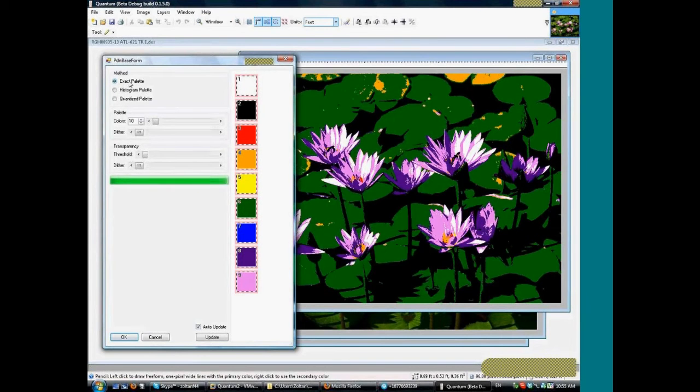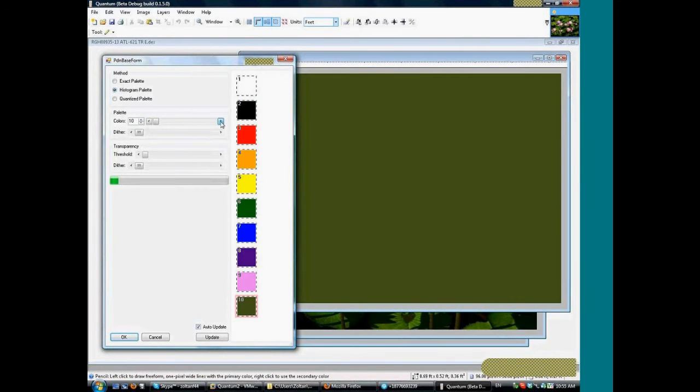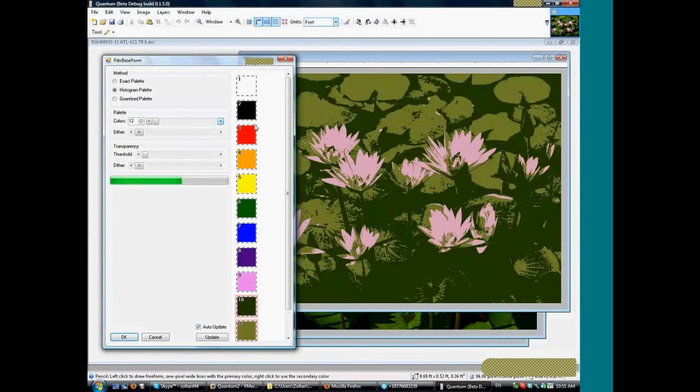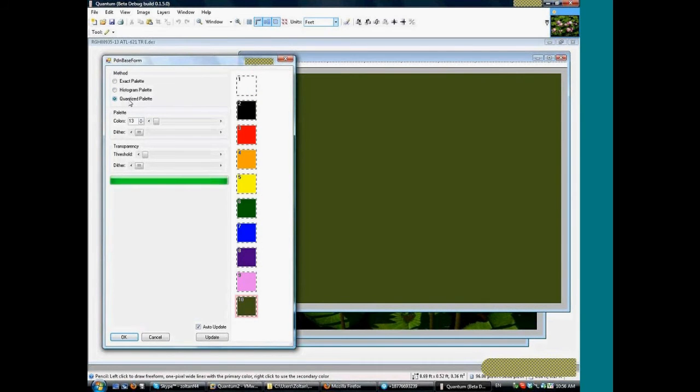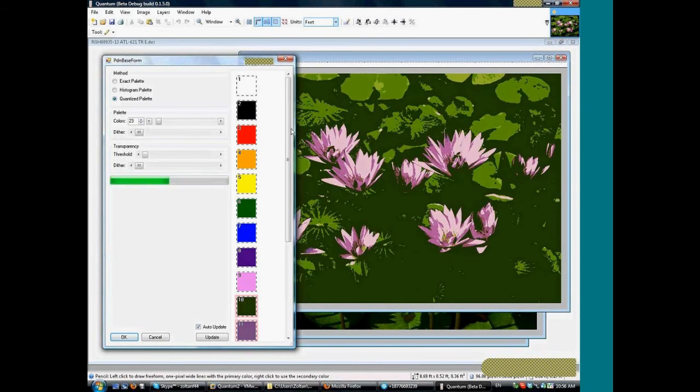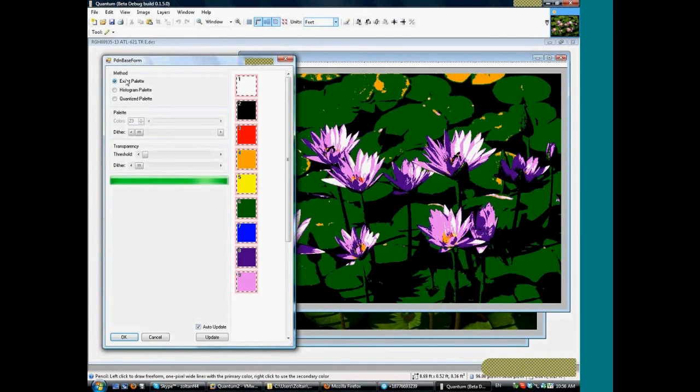We can see here in the same way, we're using the exact palette. We can choose to create a histogram palette in which, as we add colors, we see the palette that results. We see the result from the process. And then whatever we create, we've got real-time feedback of what's going on. So these three methods to create a palette, the exact palette